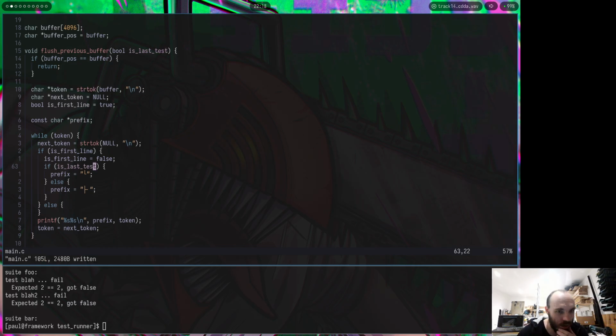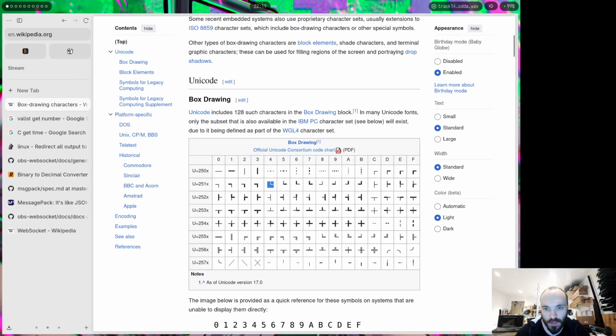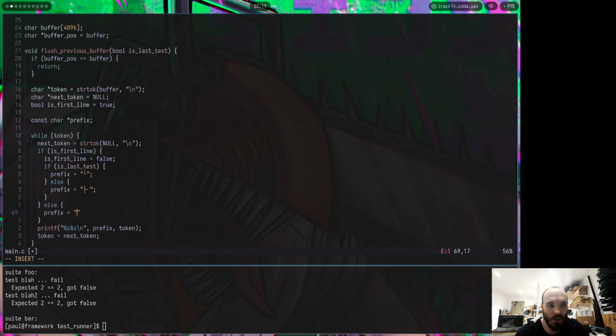So if it's the last test, do that. Otherwise, I do this because there's going to be more. And if it's not the first line, then I just want to have the prefix be just the vertical one. That doesn't do anything. With a caveat that if it's the last test, I need to change it. So I need to,